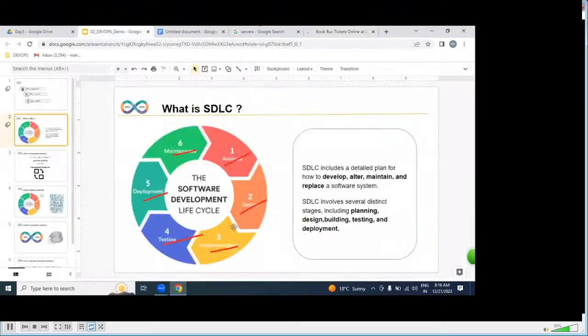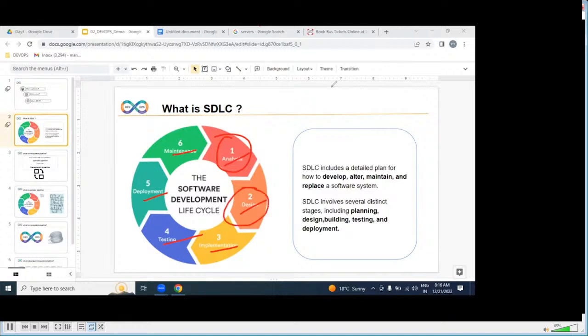First, we need to gather information: what exactly is this business, whether it's a travel business, how the login page and registration page should work. Gathering information from the client. Based on that, it will be designed.